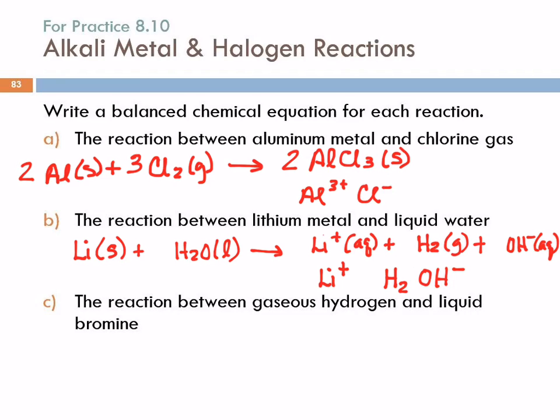And then we're going to have hydroxide ions. And then we have to balance that. The lithiums are fine, the oxygens are fine, the hydrogens not so much. So if we do 2 of those and 2 of these,